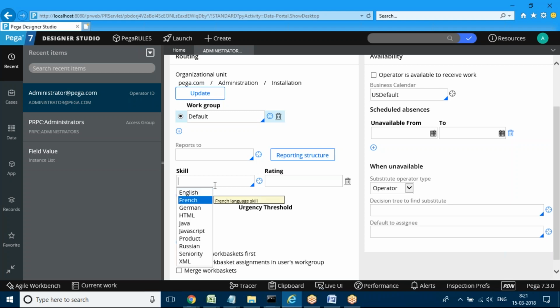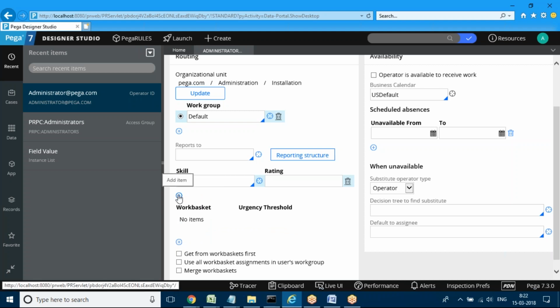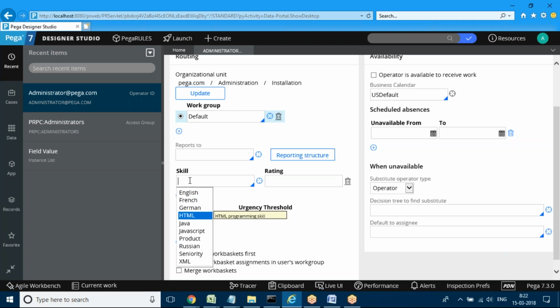So they'll update skills like French language, German language, if anybody knows, because some people have some knowledge of them. Okay, if the skill is there, they can update it. If there is no skill, no need to update. If you know French, or only English, they'll update only that. Or any other skills if we have, they can keep on adding any number of skills here. Okay, you will update them. Accordingly, for that particular operator, they will be updating all the skills.